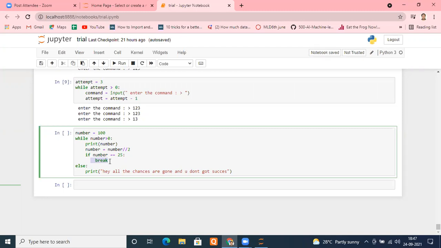But break doesn't come into the picture, which means you didn't force an early or unnatural exit of the loop. If the break statement doesn't execute, and all the iterations of the while are over, only then will this else statement execute. Remember that. And if your break statement is executed, there is no way your else statement will be executed.